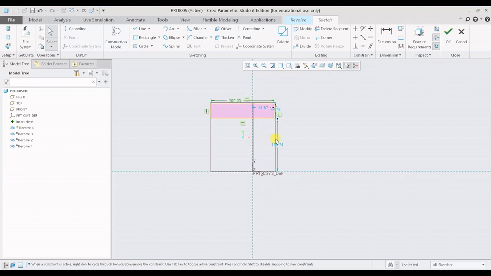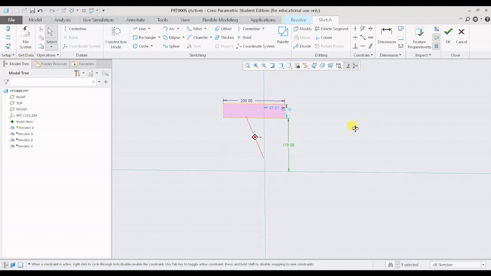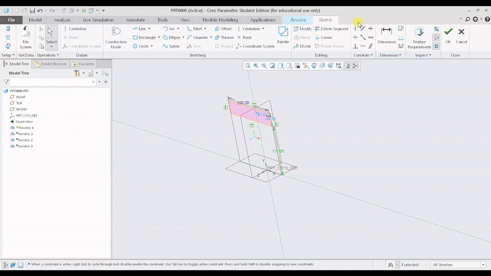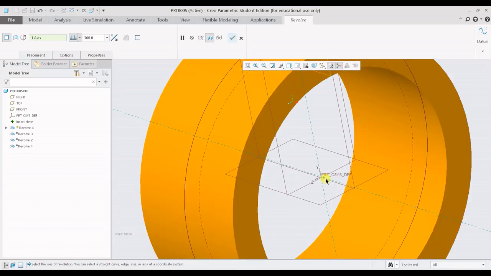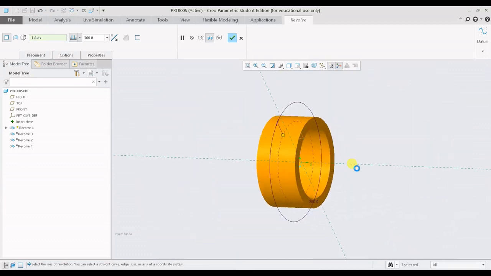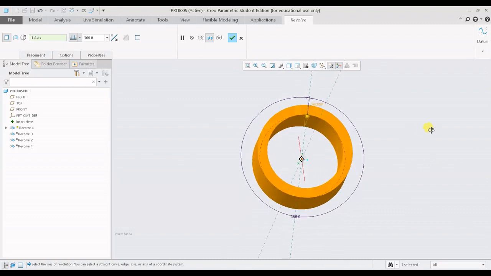So let me change the dimensions to some random dimensions. Okay, so this is the distance between the axis of revolution and the sketch. So I have my sketch ready with me. So just try to imagine what geometry will I be getting over here. I will be getting a ring over here. So let me select the axis of revolution as x-axis, and you can see I got a ring over here